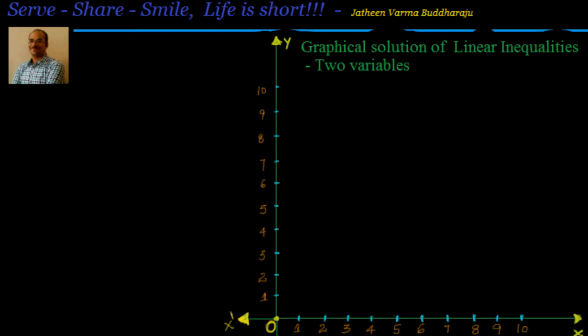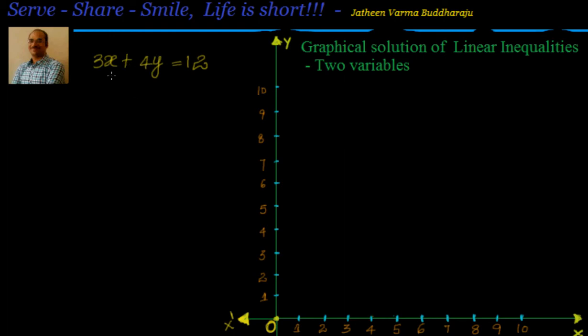In this session, we will look into linear inequalities, or inequations, in two variables. Till now we were looking into linear inequations in one variable. Suppose we take one linear equation in two variables, let us say 3x plus 4y is equal to 12. This is a linear equation in two variables, because the variable's power or exponent is 1 and there are two variables.